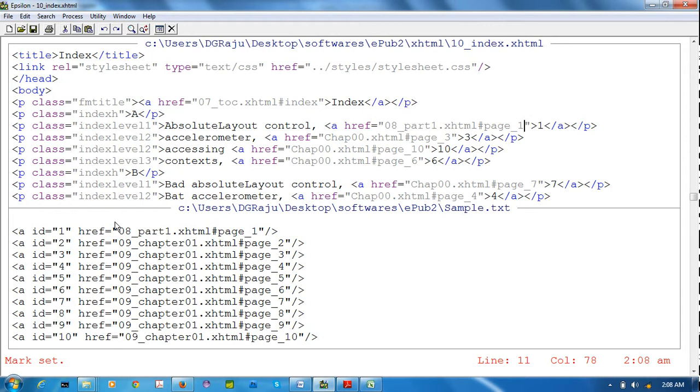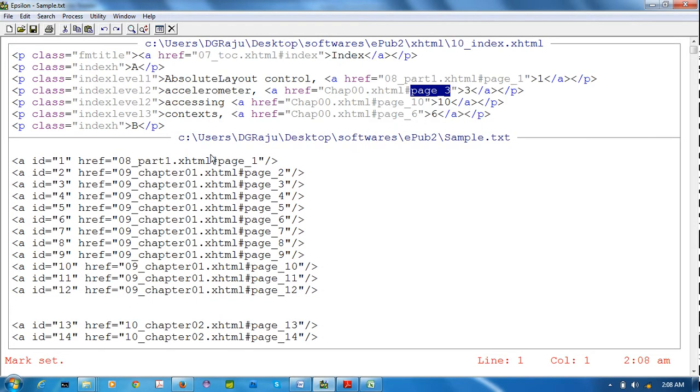Sorry, I have forgotten one thing actually. After pasting this, we have to use some arrow keys. Suppose in a macro I am searching starting from hash page underscore 1. Suppose the cursor is here. Next it will search this thing and come here. Next it will search here and come to this. That we have to use after going to that. Then only it will search the next page. For that I am editing the macro.